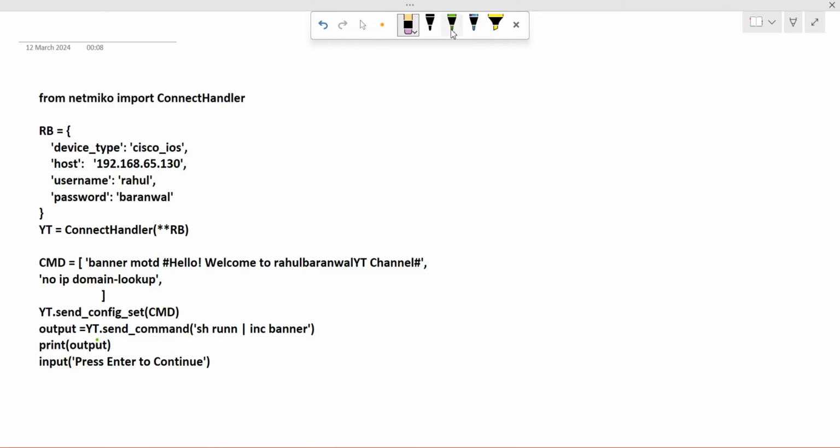So here, as I said, yt.send_config_set cmd. So this function will send the cmd information to the connection. Connection refers to the connect handler, that means SSH, to this IP. So this information will go to this IP. So please do the configuration on this router. Okay. Now our next line is